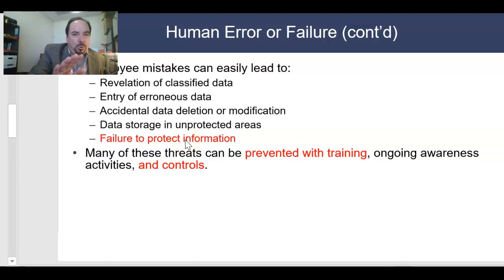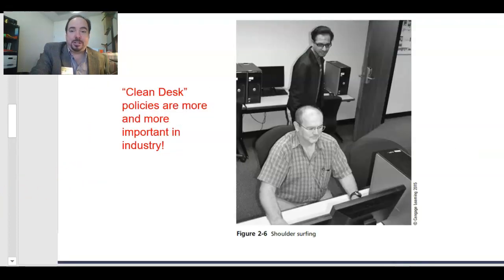So some of these less than obvious areas are things you have to take into consideration when you're developing a training program. But sometimes it's just the obvious stuff, like preventing shoulder surfing. If somebody comes up behind you, you really should minimize the screen, turn around and say, hey, what's going on? And keep them from looking.